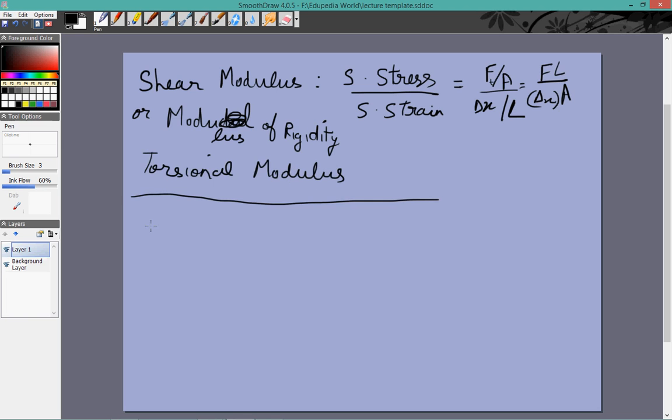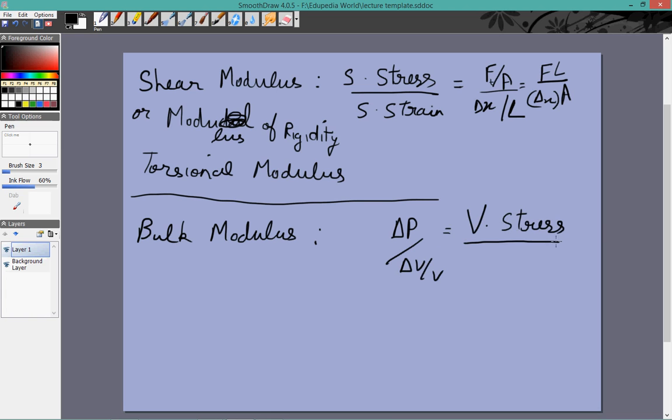Finally, you have the most important one, which is bulk modulus, and that is delta P by delta V by V, which is volume stress. Volume stress is nothing but the change in pressure by volume strain. But here there is one small trick. We actually apply a minus sign, and the reason for that is